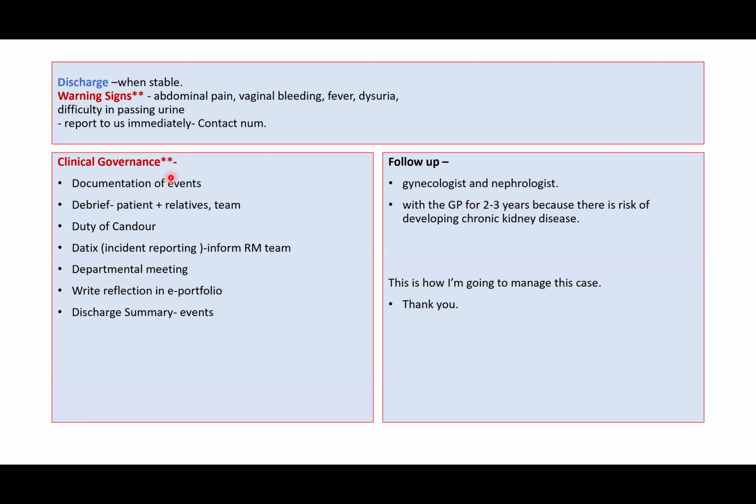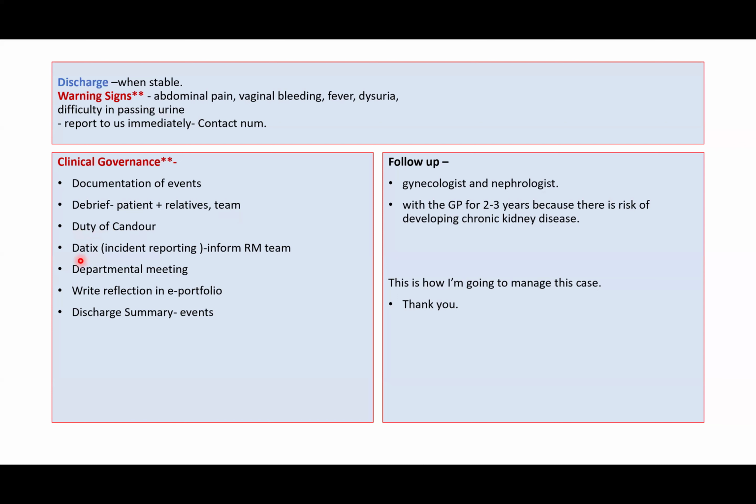Clinical governance point, it has got asterisks in patient safety. So if you talk about everything in these post-op complication stations, and you do not talk about the clinical governance, your patient safety will be compromised. It will become zero. So just remember the Ds: documentation of events, debriefing the patient and relatives, debriefing the team,